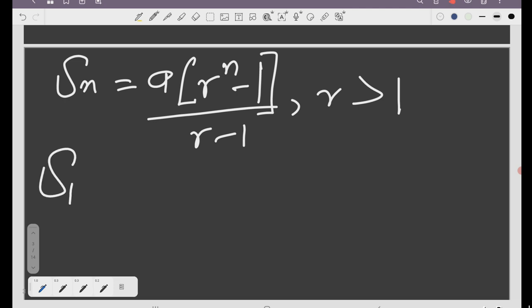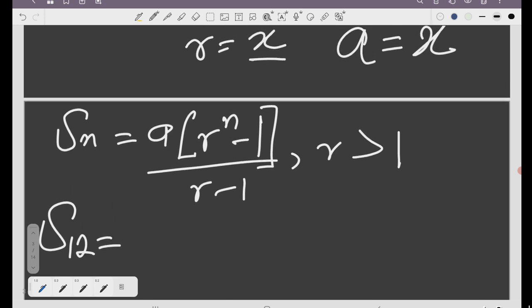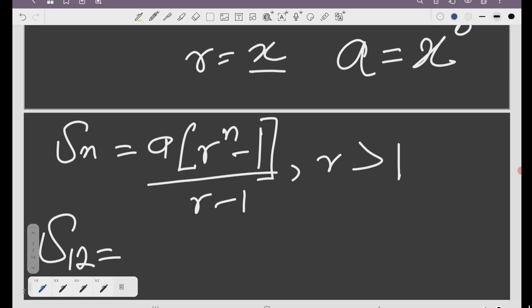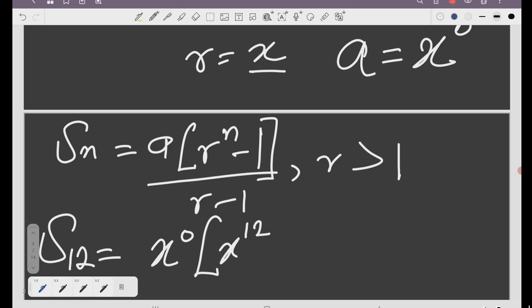The number of terms, as I've said earlier, is 12, and the fixed term is x to the power 0 and the r is x. So a is x to the power 0 times r raised to the power 12 minus 1 over